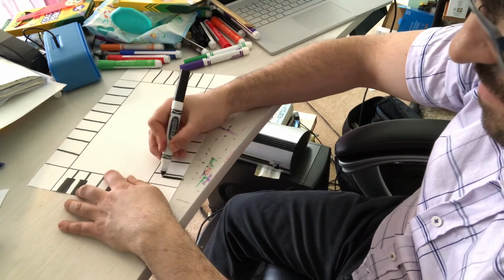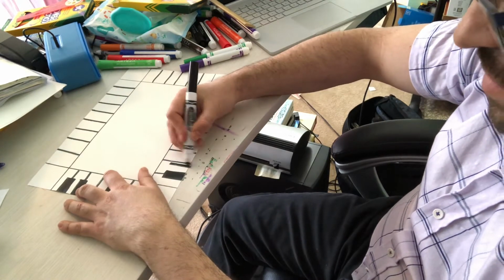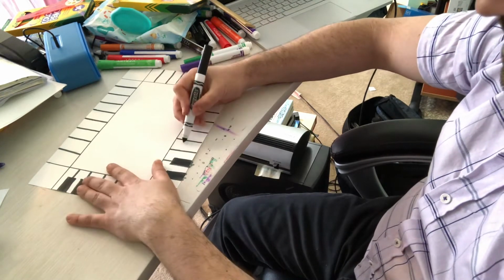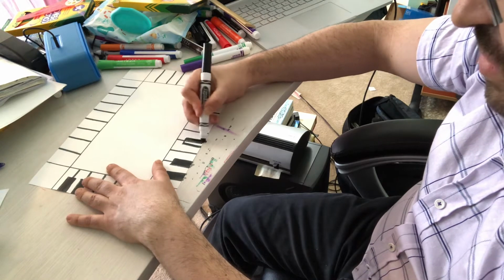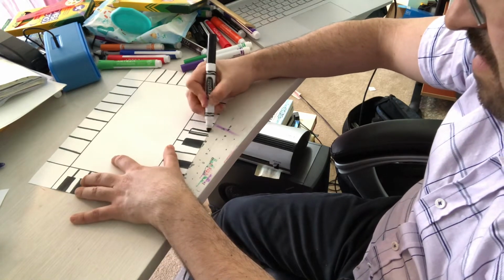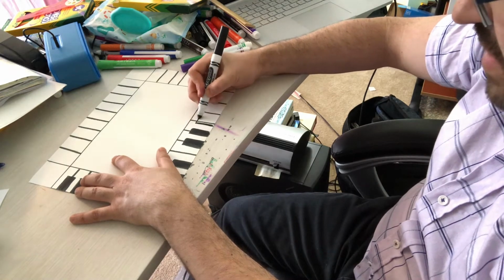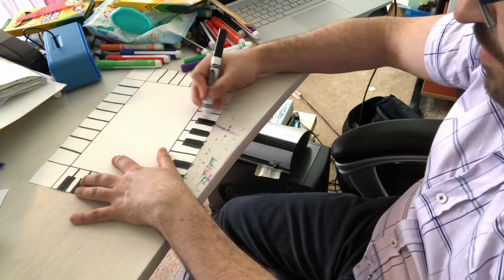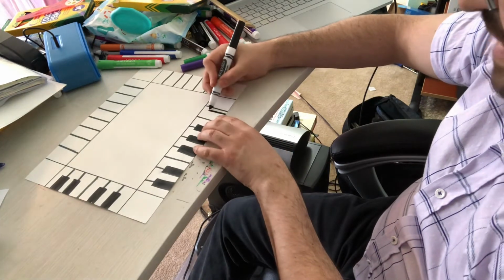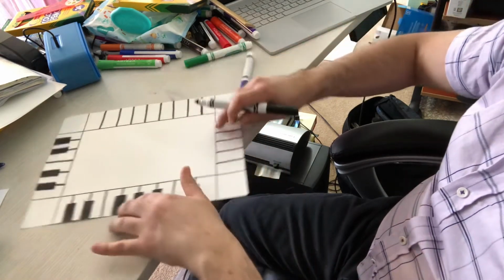So again, 1, trace and fill in. 2, trace and fill in. Skip. This time I'll probably do 3 in a row. 1, 2, 3, and skip. Skip 1, and now only a space for 1 more here. See? Go back to this side,